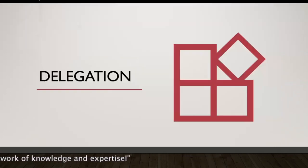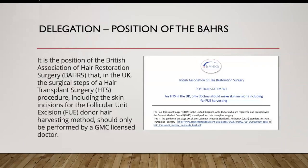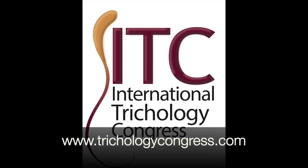Now, delegation is one of the big topics in hair restoration surgery around the world, and it's important for us to go over. The position of the BAHRS is that in the UK, surgical steps of a hair transplant surgery